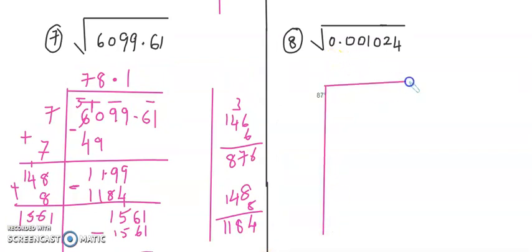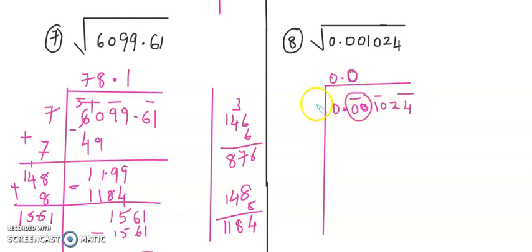Again, let's pair it. 0.001024. No pairing on the left, so pair from the right side. Now 0 point shifted directly up. Now I have a pair of 0. So that means I'll put 1 0, not 2. So 0 and decimal shifted up. One pair of 0. So I've shifted 1 0 up.